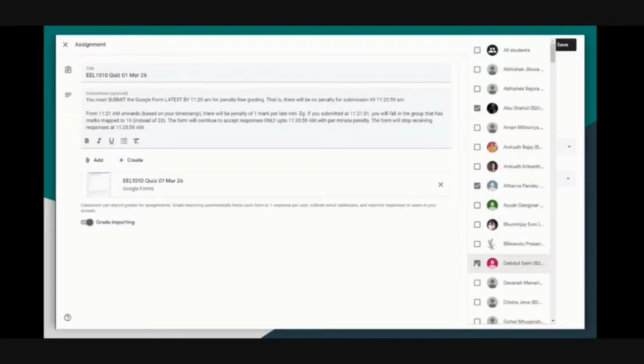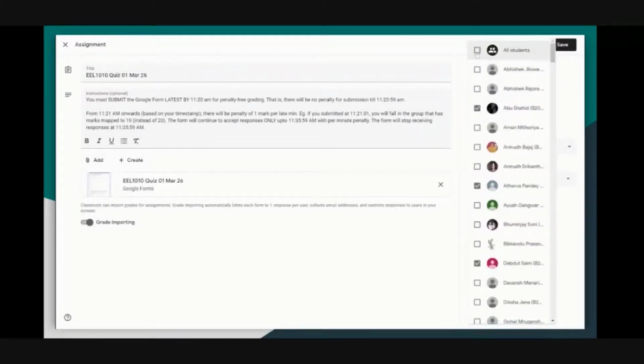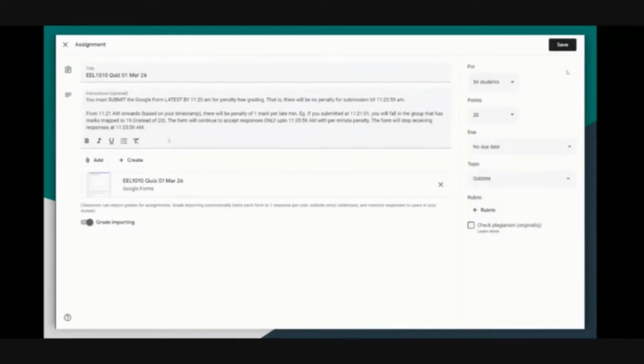So I would not suggest that; at least in quizzes, don't schedule them. It is better you keep them saved. And if you have the quiz at 10 o'clock, at 9:59 you assign them all at the same time. It will take just a few seconds. But to rely on Google Classroom to post it exactly at the same time is a little risky, right? And then there could be 3 or multiple such quizzes.